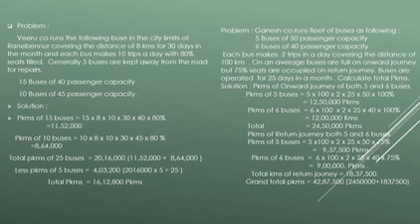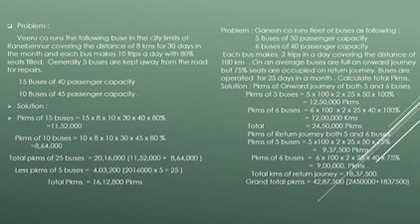Now from this we have to deduct passenger kilometers of 5 buses. Less passenger kilometers of 5 buses is equal to 4,03,200 passenger kilometers. That is, 20,16,000 kilometers are for 25 buses, but for 5 buses it is to be calculated. That is 20,16,000 into 5 divided by 25. That will be 4,03,200 kilometers.